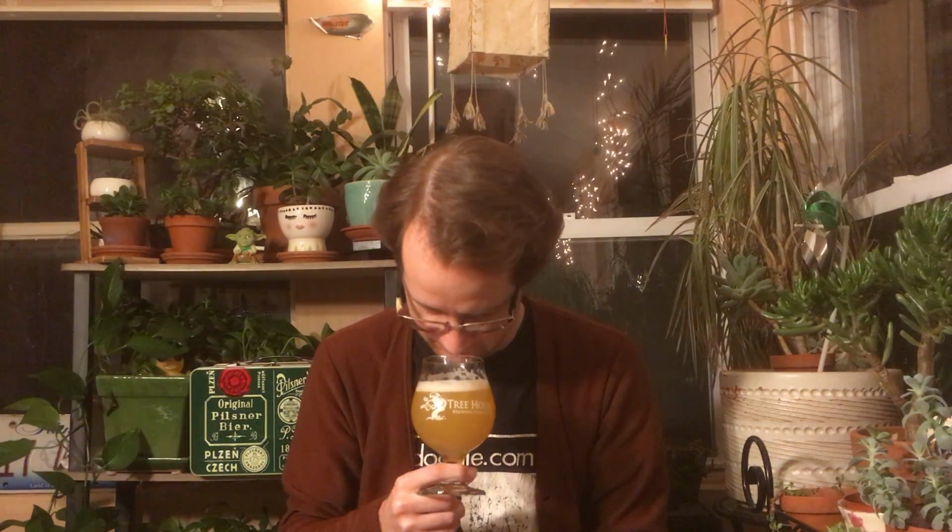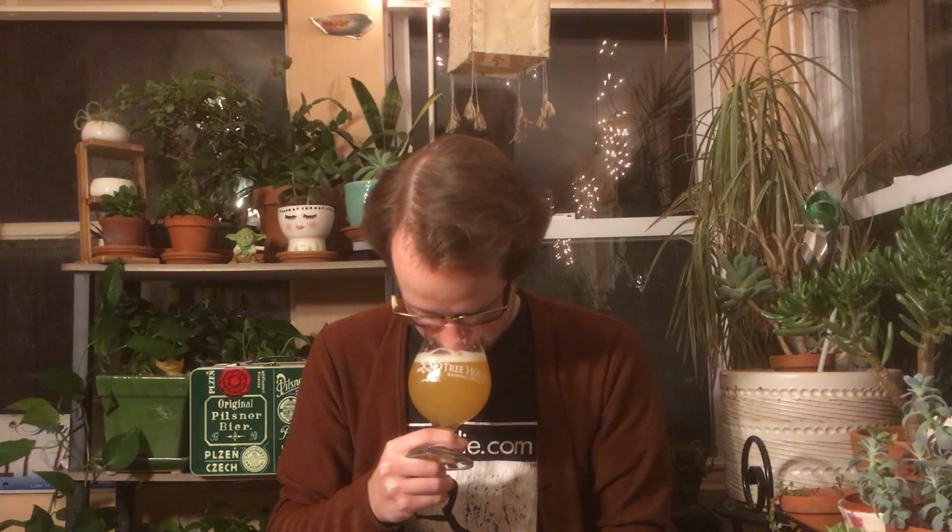When I get a real big inhale, it has a little bit of this leafy, woody thing that I've noticed in some of their other newer hazy beers. But mostly just really, really fruity. It's not a thick, luscious feel, but pretty substantial for 6%. And you get a little bit of that leafy quality